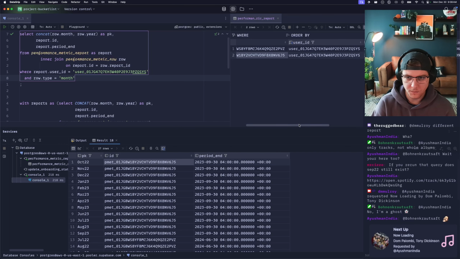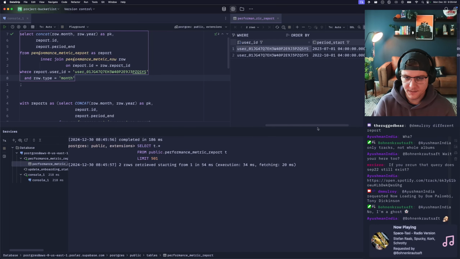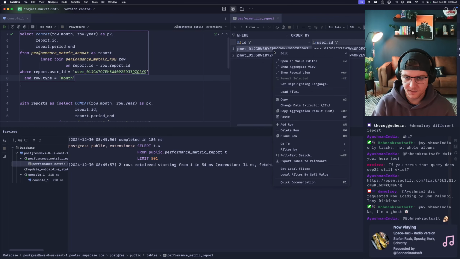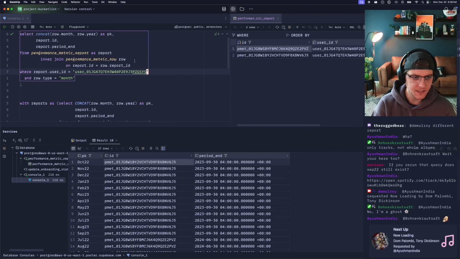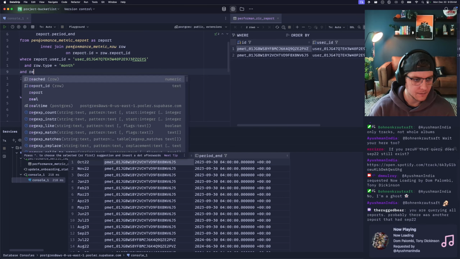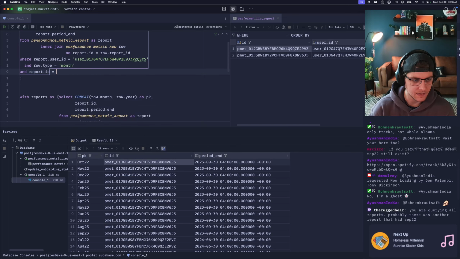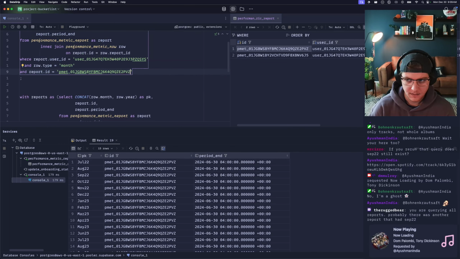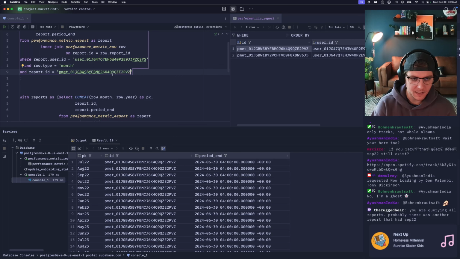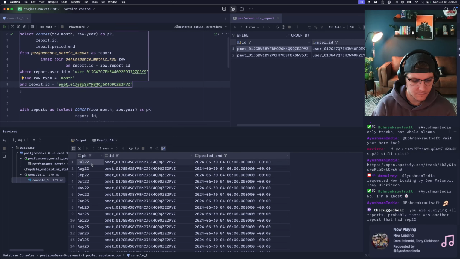Report, row report ID. So the report ID that we want is this first column. VZ is the most recent. So we should see, if report.id is equal to this, I would expect not to see any 22s here,